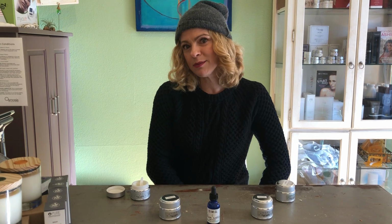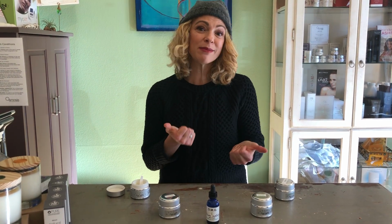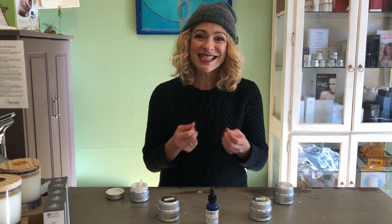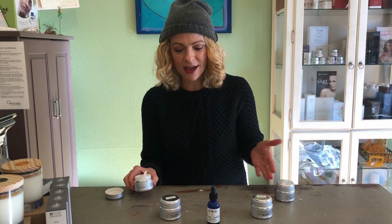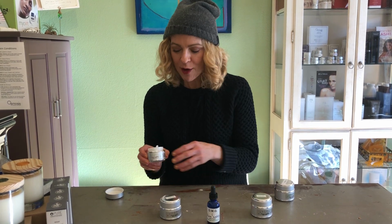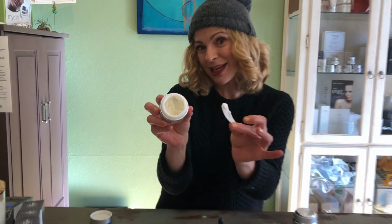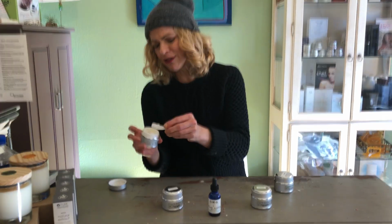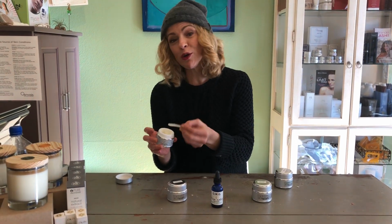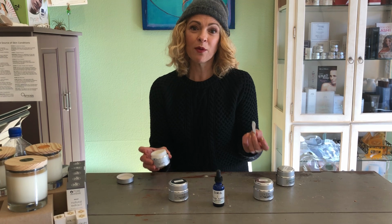Speaking of which, sometimes the creams can have a little bit of a life of their own. So sometimes the textures may vary, or the color or the scent a tad because of that. The creams, I have 4 different creams and one oil, are almost like a whipped cream. I don't know if you can see that, but they're really light and fluffy and they're just absolutely gorgeous. There's absolutely no water in here, so they're super duper concentrated,